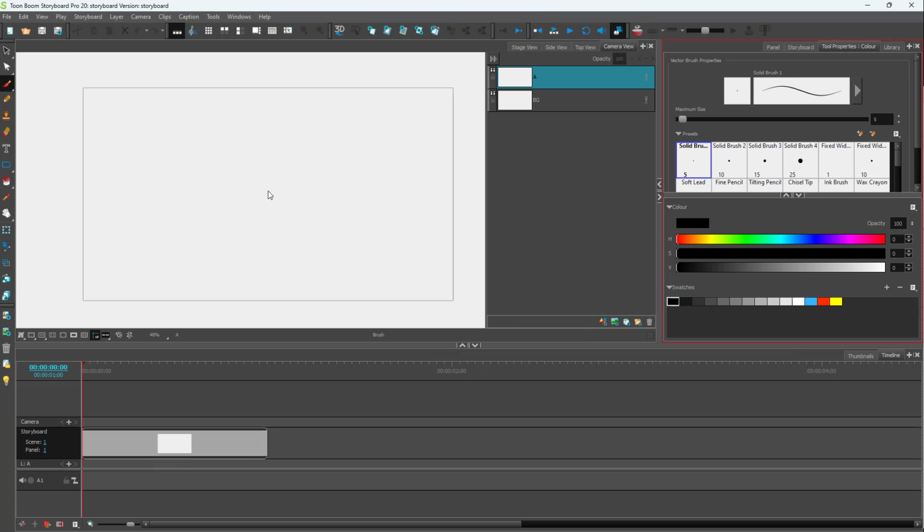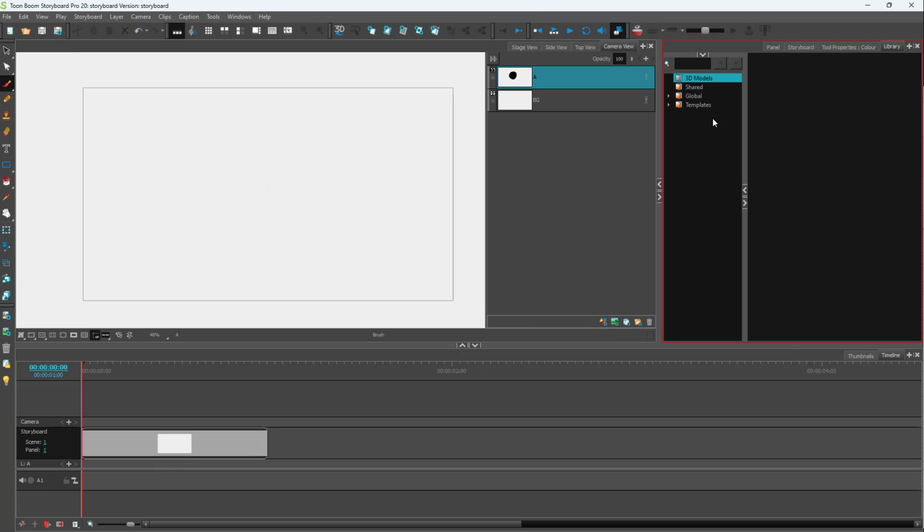You can easily insert 3D objects as a rendered image so that you don't have to work around with 3D space later on while you're making a storyboard, especially if you don't want to work with 3D. So if you want to do that, first of all, you need to go to the library section right here,